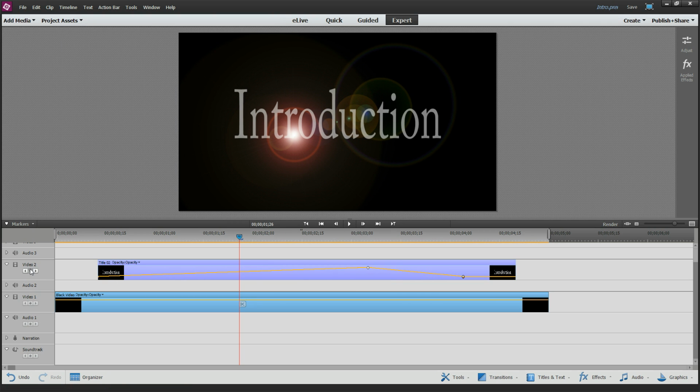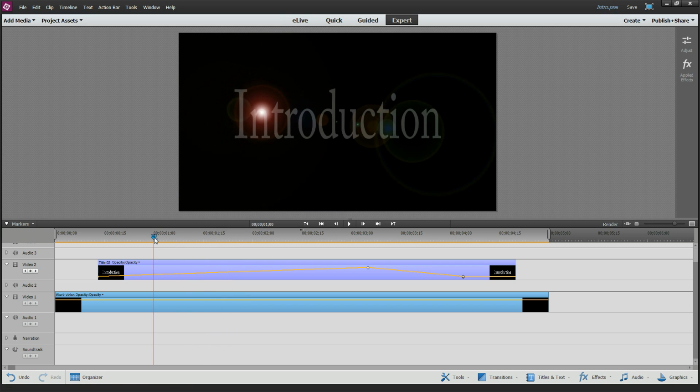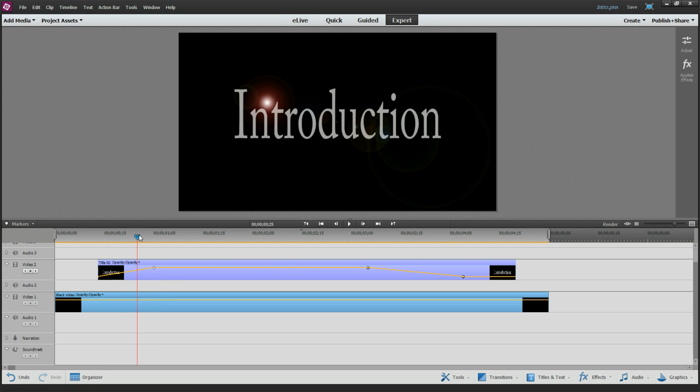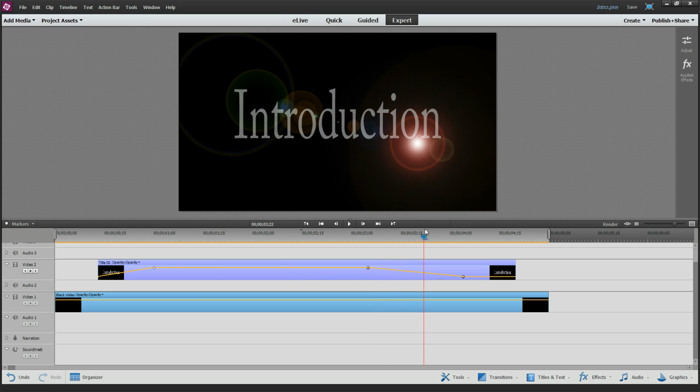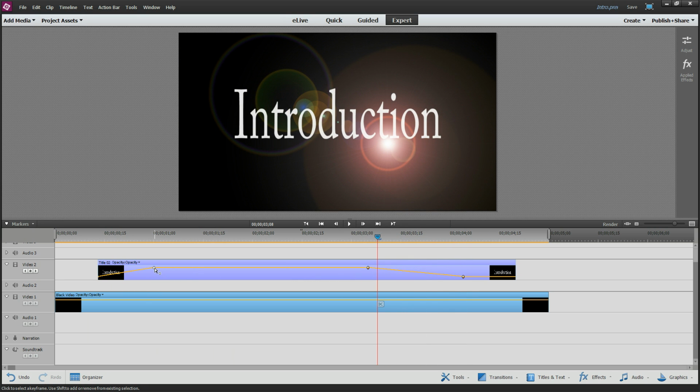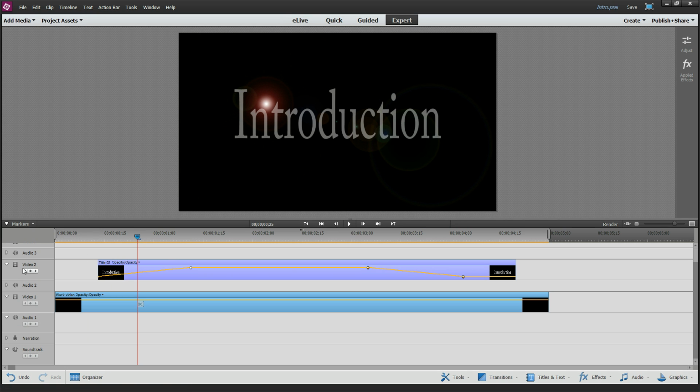So there's another little tool over here that you can use. If you really want it to fade in much faster, you can add a keyframe here and drag this keyframe up to, say, 100%. And then it comes in and stays illuminated, or full opacity. Then it kind of gradually goes away. So it's just a couple different ways that you can play with these keyframes here.